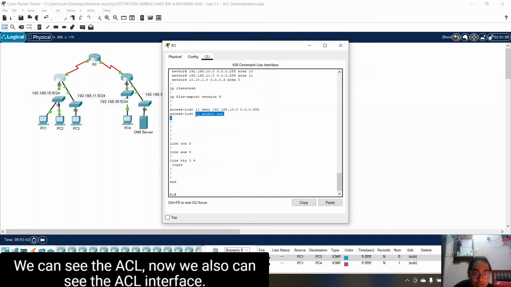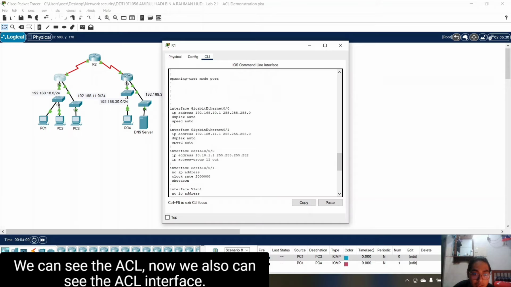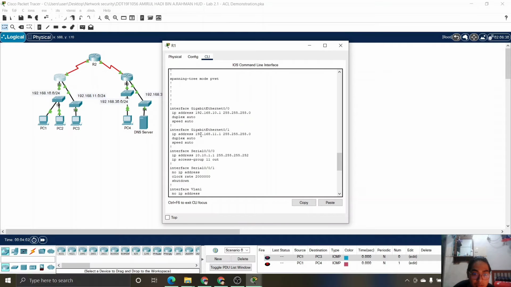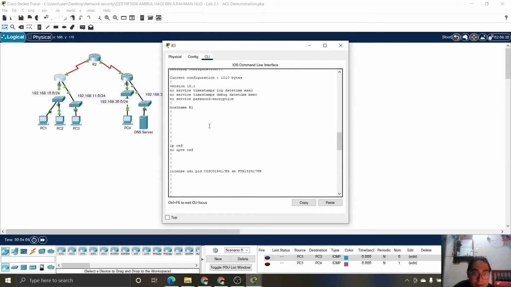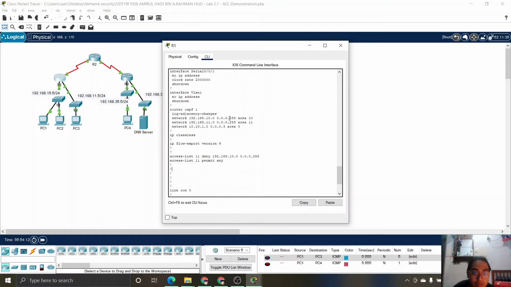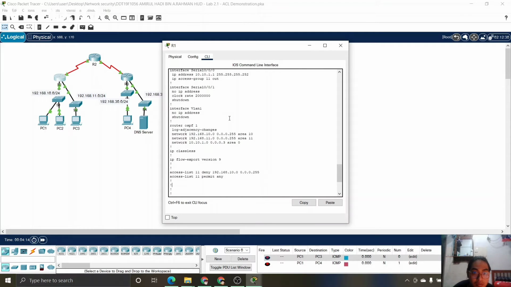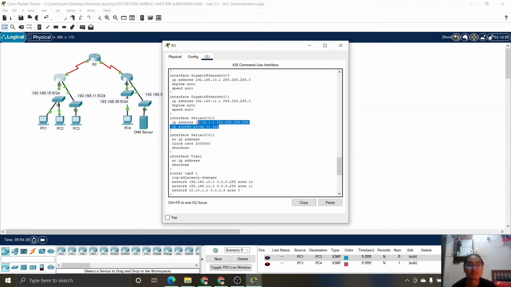Here we can see the ACL. Now we can also see the ACL on the interface. Here we can see ip access-group 11 out.